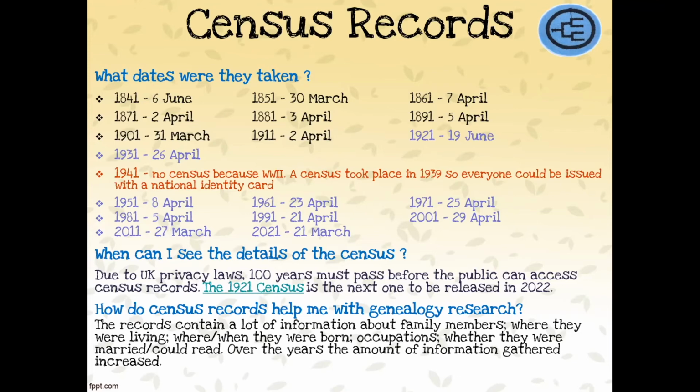Can anybody think why I might have highlighted those ones as different? What would be different about those census records that are not the same as the first ones? Maybe if you continue reading down the slide, it might give you a clue. There's a sentence in the next part of the slide, the next question in the slide, that might help to give you a clue as to why I've highlighted them in purple.